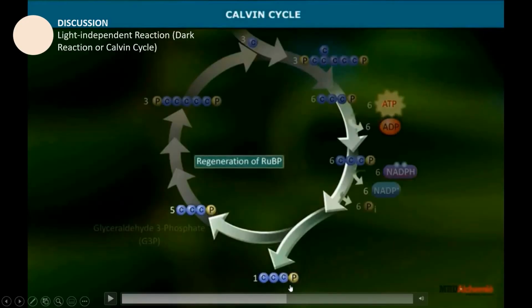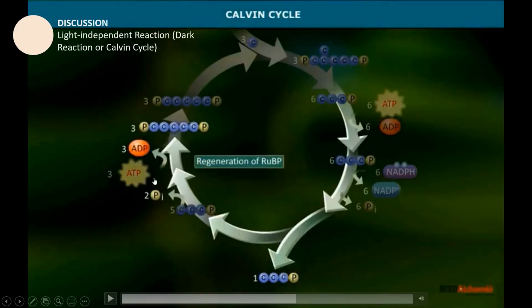Okay, in this way, parang palabas na siya ng cycle. So, ano mangyayari? The glyceraldehyde, yung G3P, okay, 5 of these is going to react with 3 ATPs. Okay, so, but before that, ang mangyayari muna is, yung 5 G3P na nandito, it will